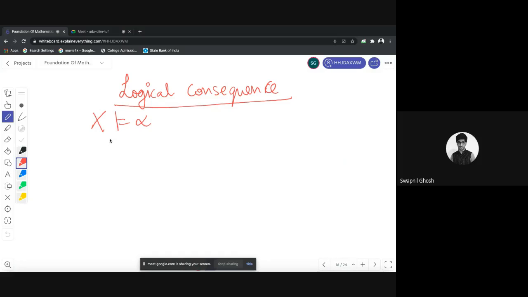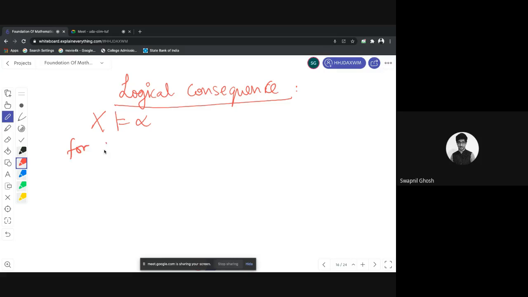Now let us talk about logical consequence. We did proofs and deductions. There is another aspect to it, which is kind of the semantic side, or the meaning side, of what proof or derivability is. So we say that alpha is a logical consequence of X if for all valuations,